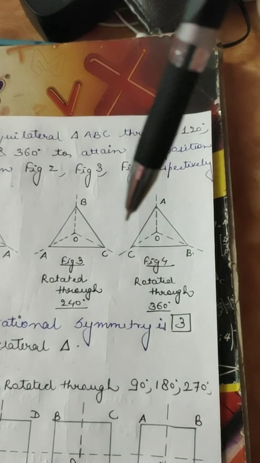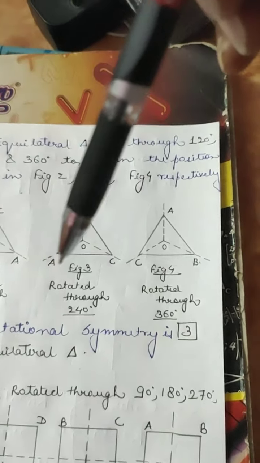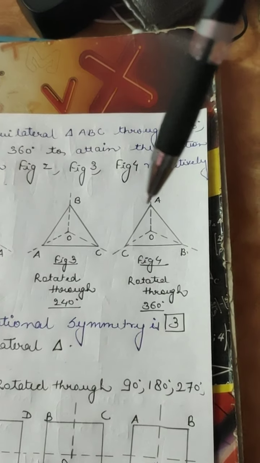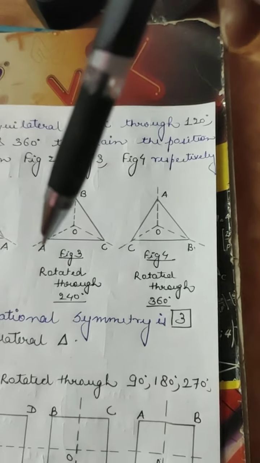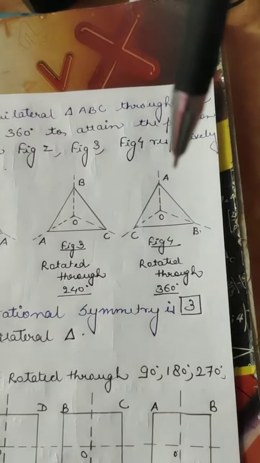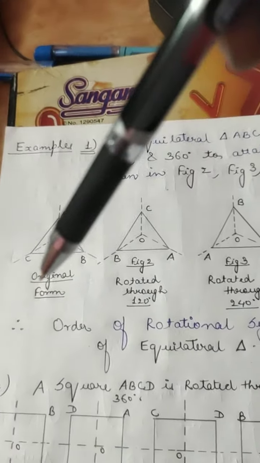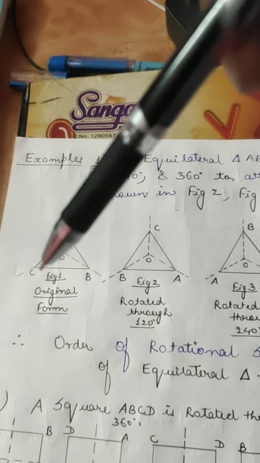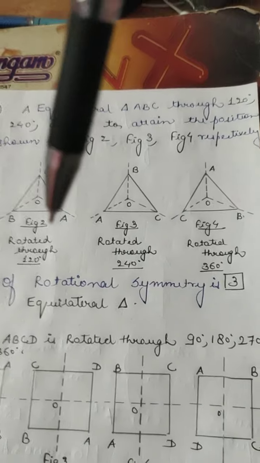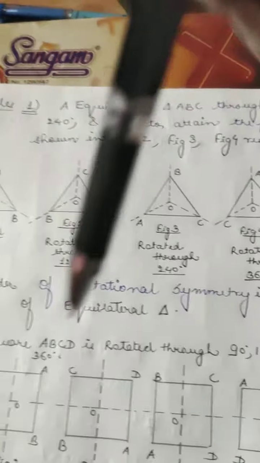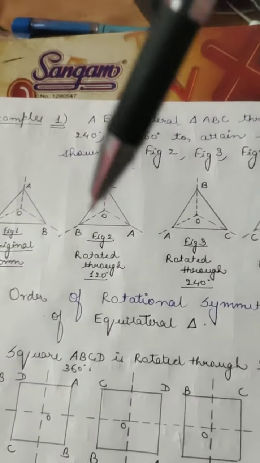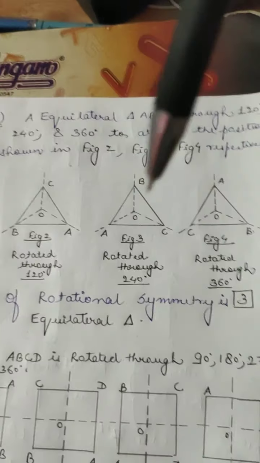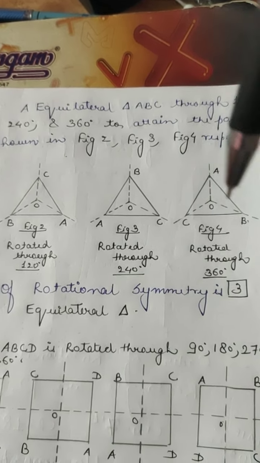After that again we have made a rotation of 120 degrees. So finally what we get? A will be moved over here, B will be moved over here and C will be moved over here. Now see figure 4 and figure 1. A is at the same point where the original figure is, B is at the same point where the original figure is, and C is in the same point where the original figure is. So if I talk about the order of rotational symmetry in case of an equilateral triangle, you will say 3, because after rotating 3 times, first, second and third, you will get the original figure.